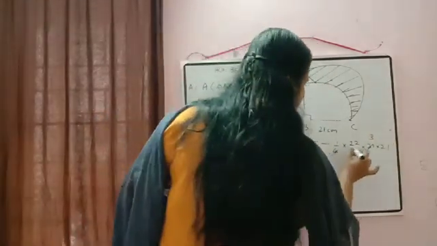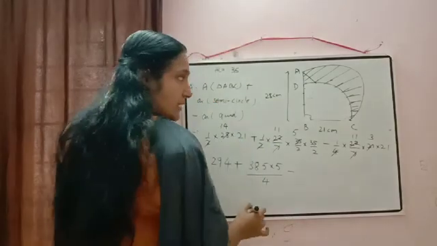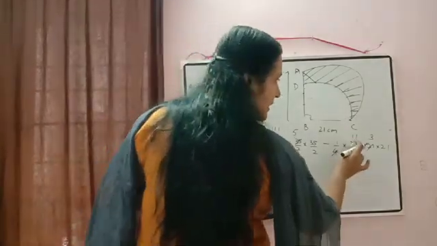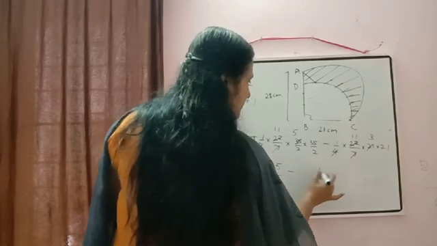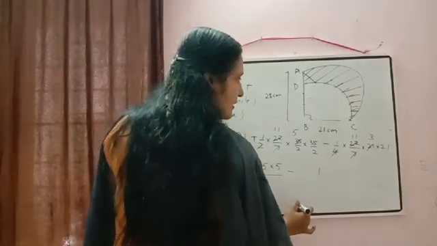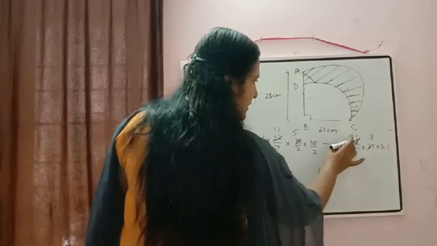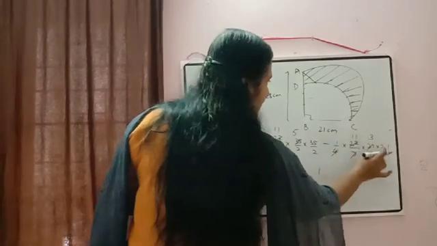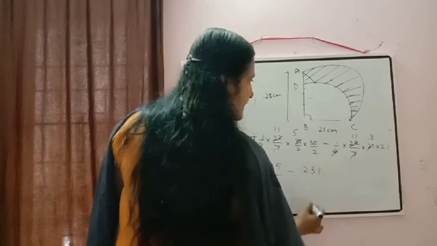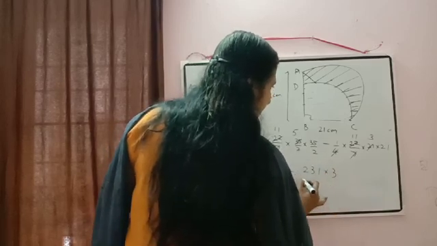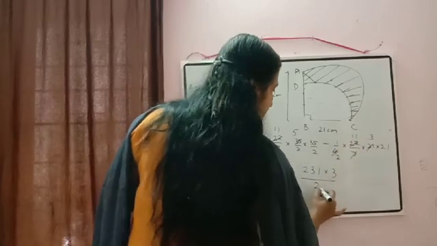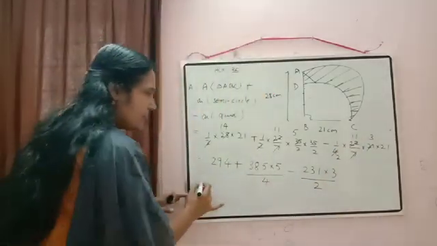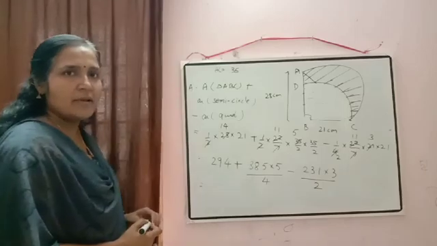7 3s are 21. Then here 1s are. So what will come here? Just to check here, 11 into 21 we can do first. 11 into 21 will be equal to 11 1s are 11. 11 1s are 11. Then carry over 1. 11 2s are 22 plus 1 is 23 into 3 by, here 2 will remain there because we cancel it by 2. So by 2. Now I think remaining calculations you can do by yourself.